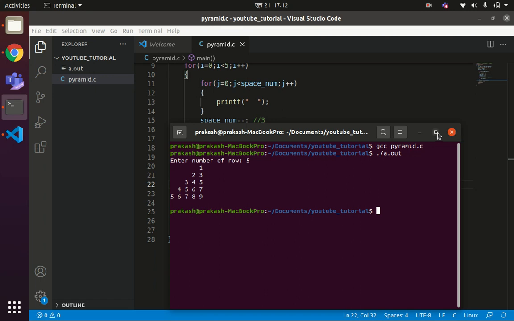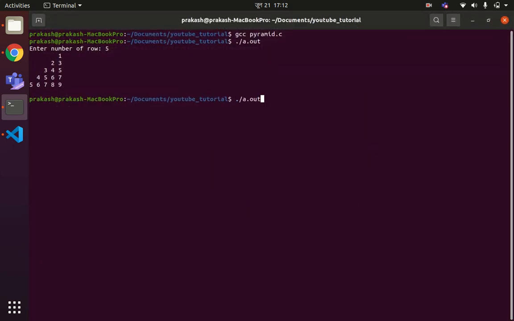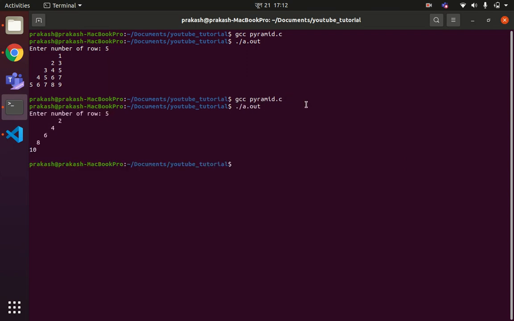Now it is 2, 4, 6, 8, 10. What we were expecting was 1, 3, 5, 7 and 9, but it is one more each time. So we'll solve this problem by decrementing this value by 1.